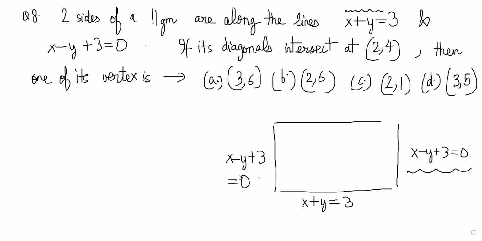So in any case, the intersection point, first of all, what we are getting is it is looking like a rectangle, right? This is 90 degree is known and it's a parallelogram. So all the other angles will now become 90 degree, right? And these are the diagonals. Diagonals are intersecting at 2, 4. Okay, so